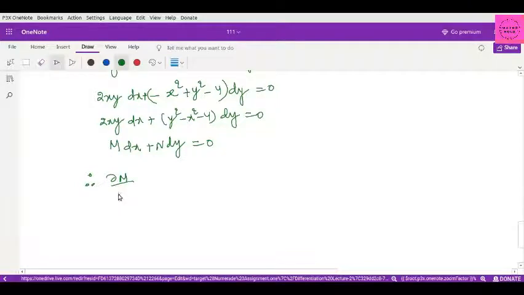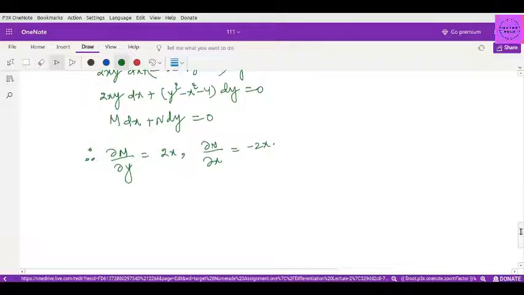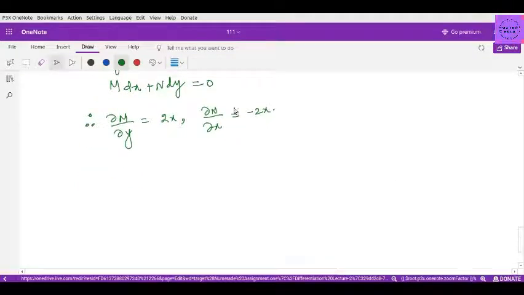Dou M upon dou y is equal to twice of x, and dou N upon dou x becomes minus twice of x. Further, the given equation is not exact,